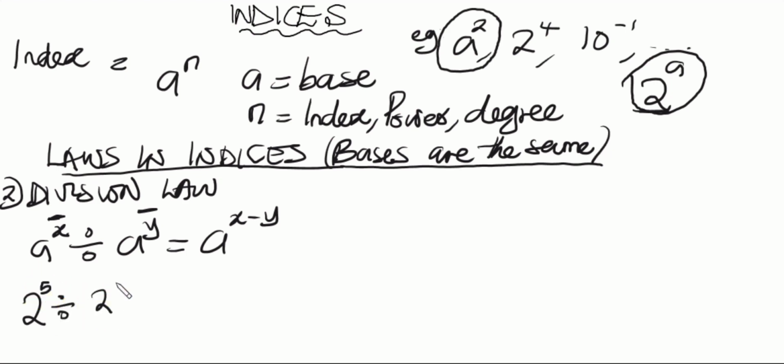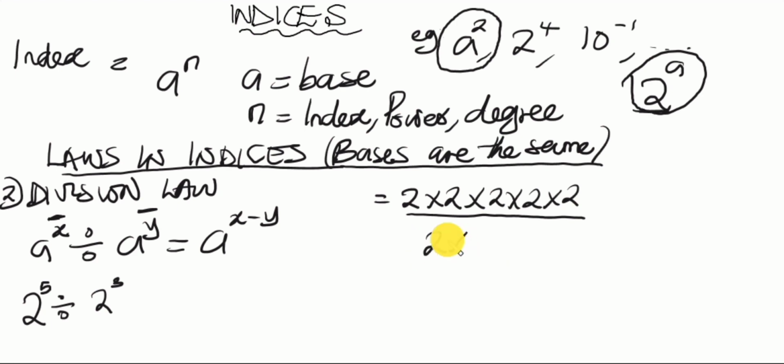So for example, let's say we have 2 raised to the power 5 divided by 2 raised to the power 3. First of all, let's solve it using the expanded form. This is equal to 2 raised to the power 5, which is 2 times 2 times 2 times 2 times 2, 5 times, divided by 2 raised to the power 3, which is 2 times 2 times 2. So 2 is going to cancel this, another one cancels out, another one cancels out. We're left with 2 times 2, which is 2 raised to the power 2, which is 4,